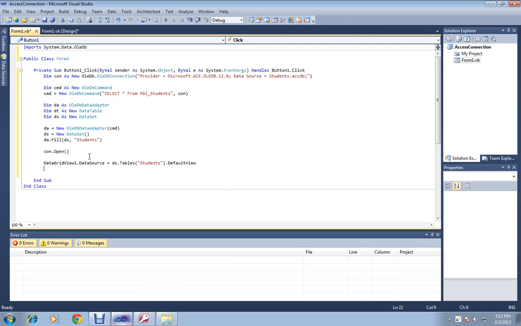For the closing of our connection, just type con.Close. Now we're done in our codings.